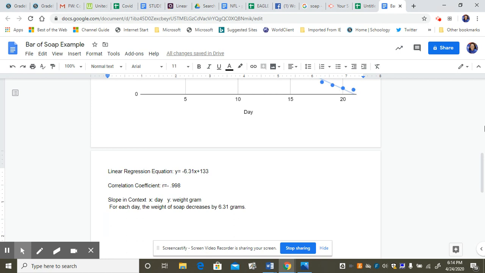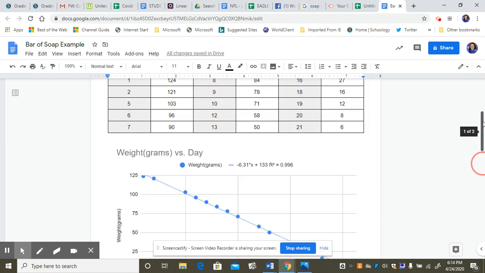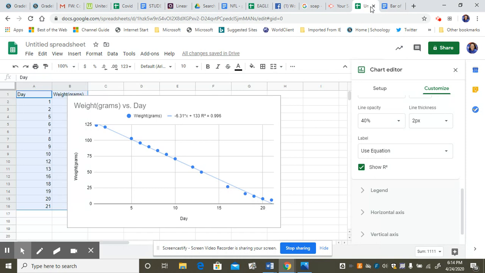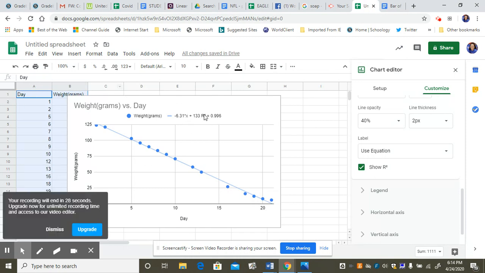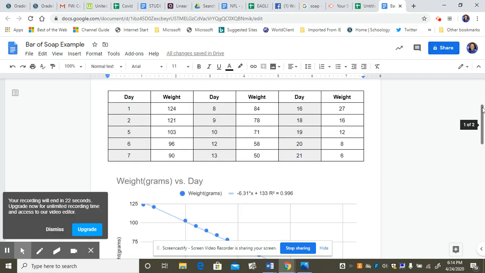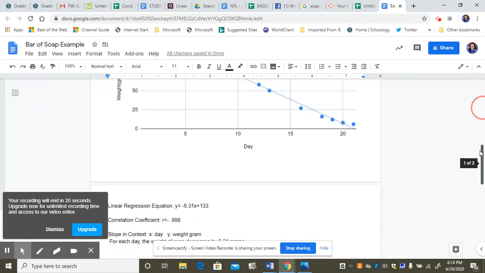So you're going to have to do the slope in context. The next thing I'm going to show you guys is how you're going to run a linear regression t-test. I'm going to show you that in a separate video. So you're going to have to create your own spreadsheet like this. You're going to have to type in the numbers. You're going to have to create a graph and copy and paste it. You're going to have to tell me the equation and the R value. These are things you've already done in the past couple weeks, but you're going to do